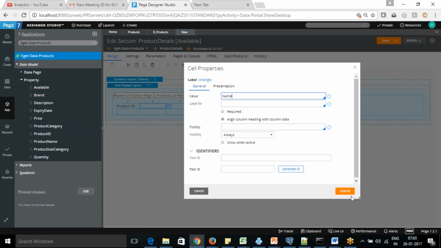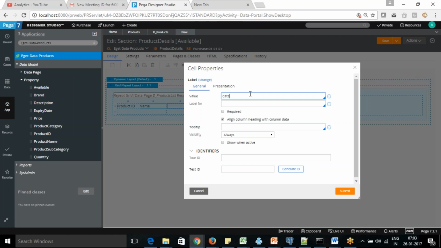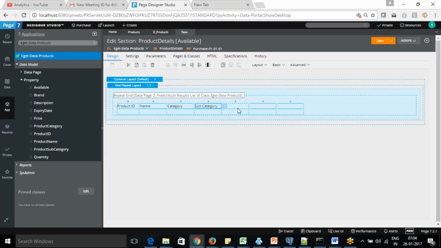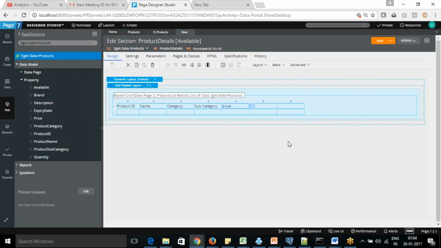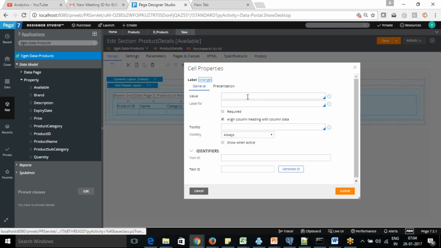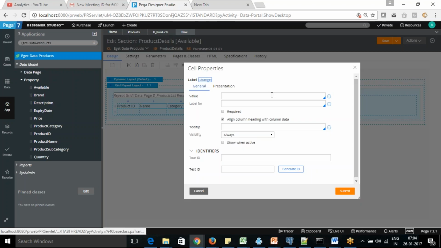We say name, category, subcategory, price. Okay, and then we have descriptions, and finally we can go with available or not.